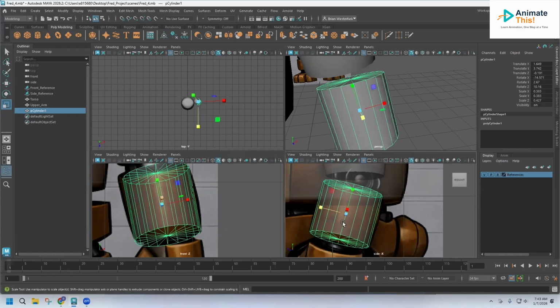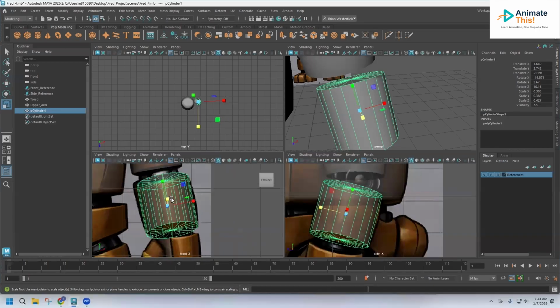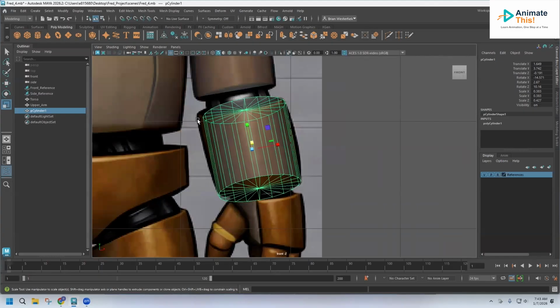I'm just trying to scale it up to fit in both of the reference images. And then let me go to front view here. And this piece